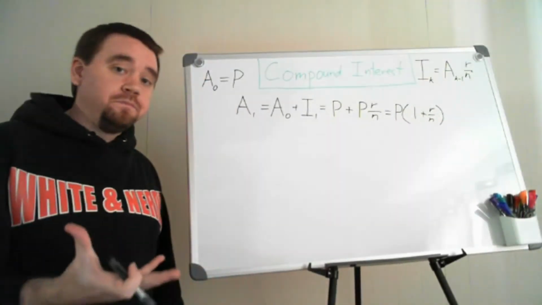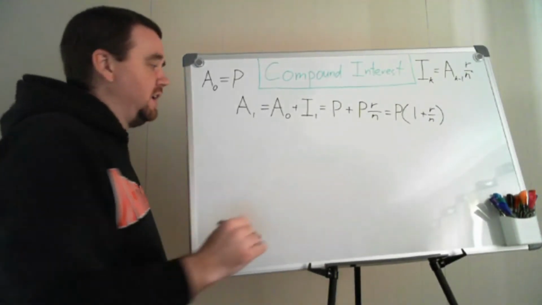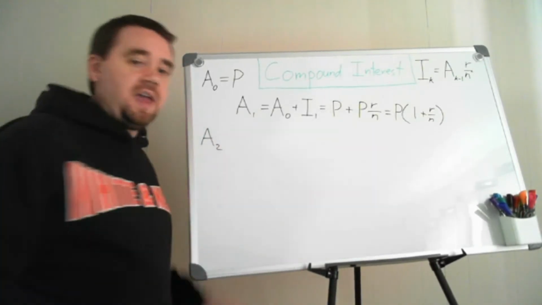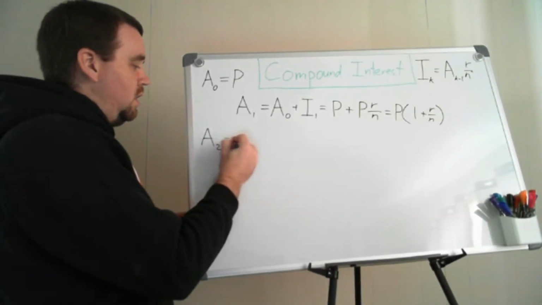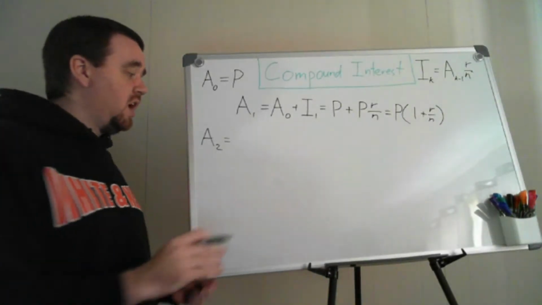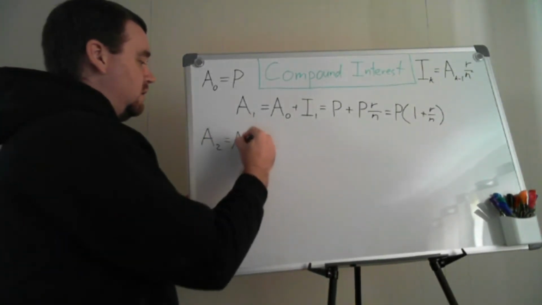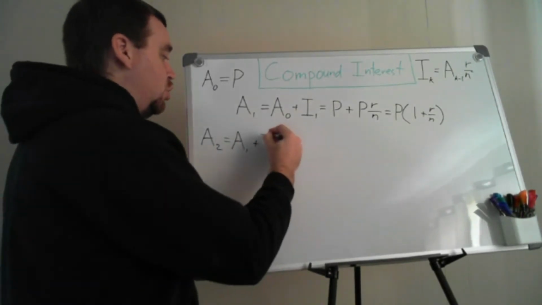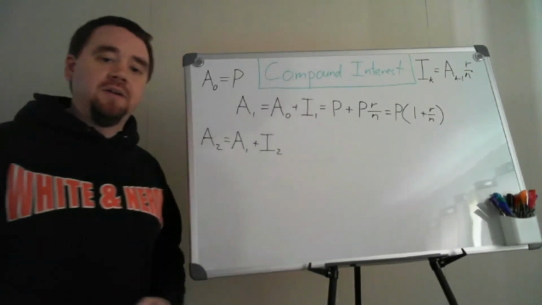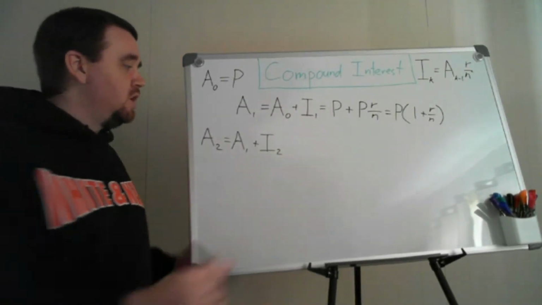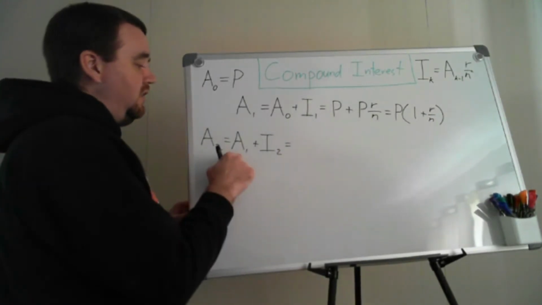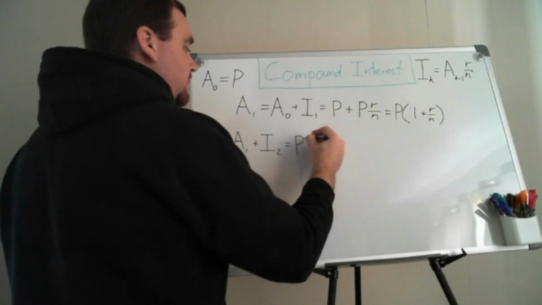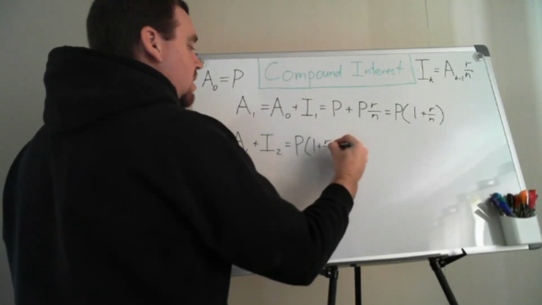That's a nice formula, but how useful is it for other time periods? Let's find out. All right? I'll go a little further to the left here for this one. A sub 2. Well, again, it's the same in each case. I'm starting with the previously accrued amount, A sub 1, and I'm adding to it the amount of interest I accrue during the second compounding period. Okay? So fill in what we know. A sub 1, we just calculated that. That's that right there. So that's just P times 1 plus r over n